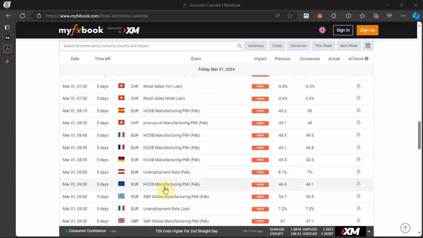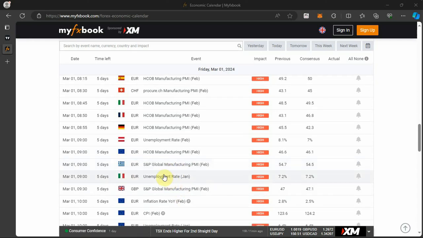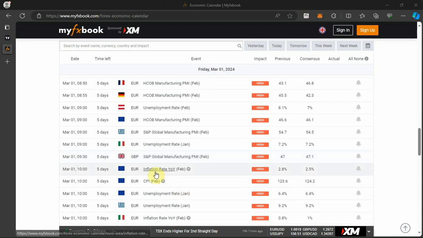in the Eurozone. We have a manufacturing PMI for the month of February for Eurozone, global manufacturing PMI for the month of February for Greece, unemployment rate for the month of January for Italy. We have the S&P manufacturing PMI for the month of February for GBP. We have inflation rate year over year for the month of February for Eurozone, CPI for the month of February for Eurozone, unemployment rate for the month of January for Eurozone, unemployment rate for the month of January for Greece,